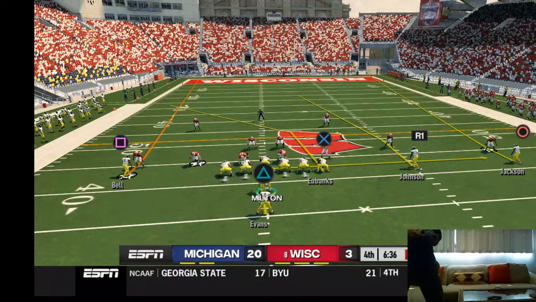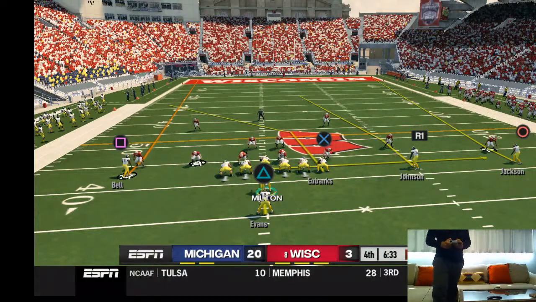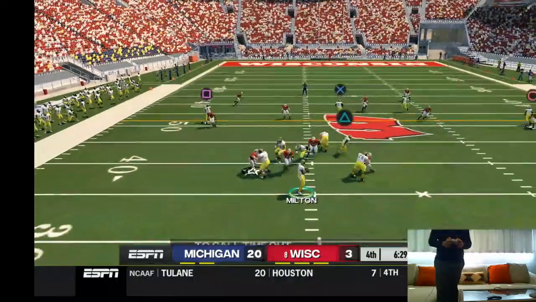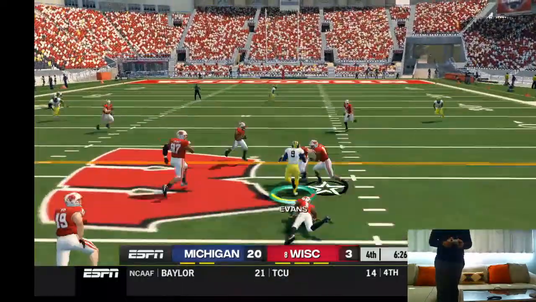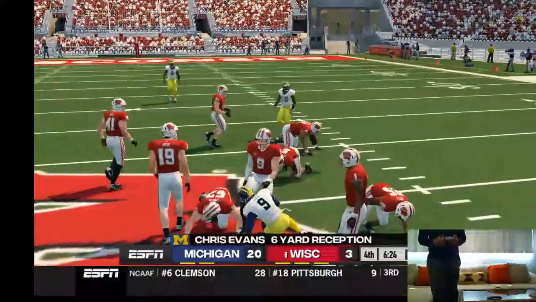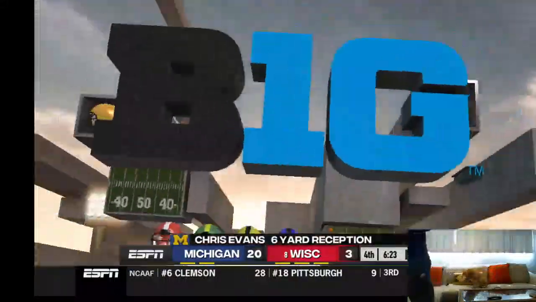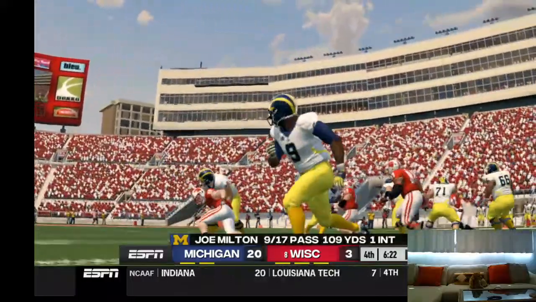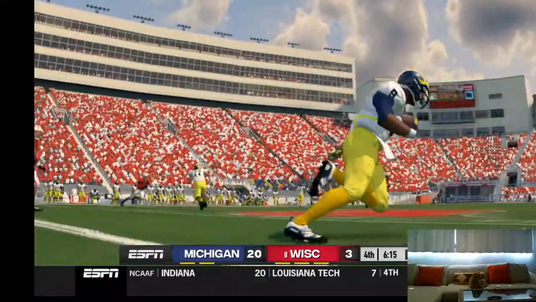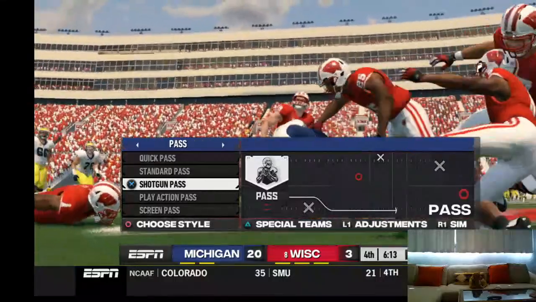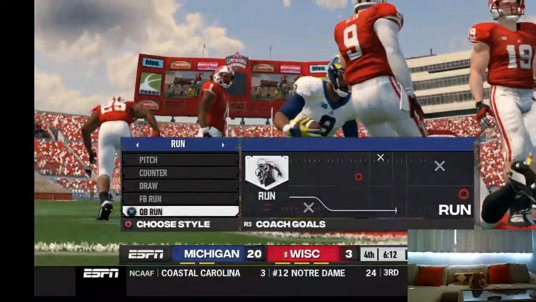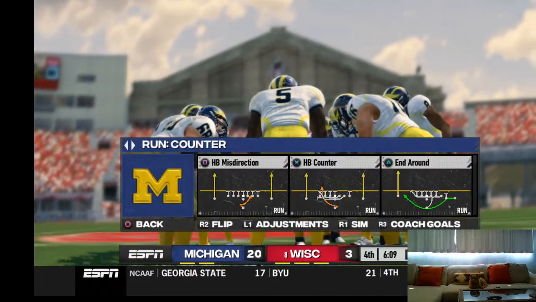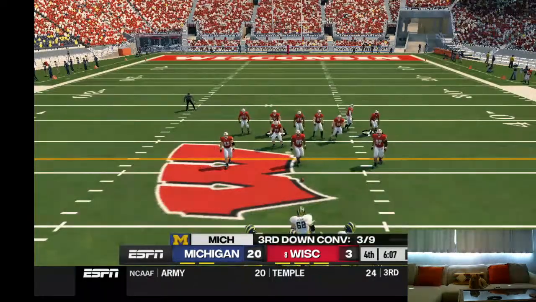I'm actually going to come back on screen because I'm having trouble seeing it. It's all angled. Zips it to the back. It was weird. The camera was kind of off there a little bit. Third and 2. So it's third down, and they've got about 2 yards to go.